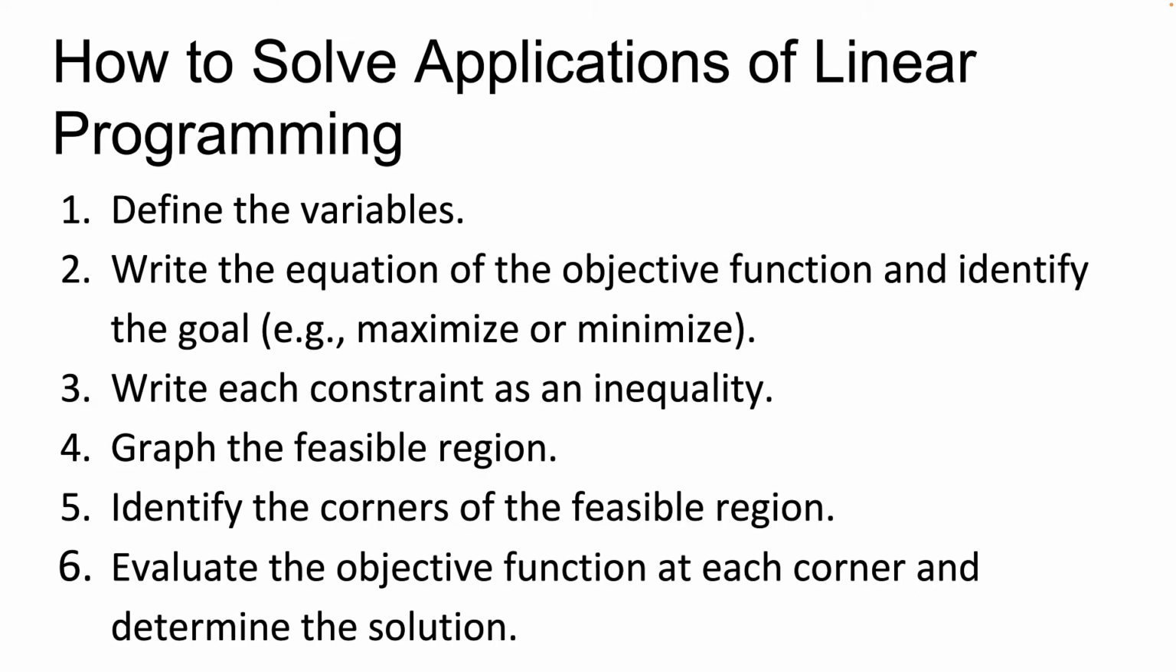In general, when you solve applications of linear programming, you want to start by defining the variables, then write the equation of the objective function and identify the goal. This will be whether you want to maximize or minimize the objective function. Then write each constraint as an inequality. Once you have your objective function and constraints written, then it's time to graph the feasible region. Then you'll want to identify the corners of the feasible region and evaluate the objective function at each corner to